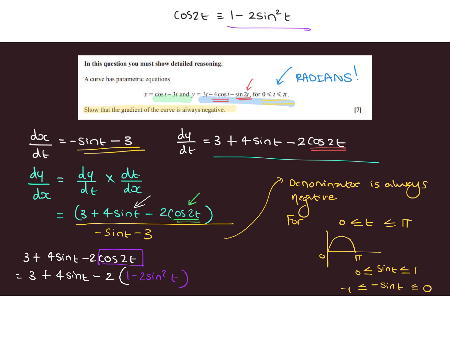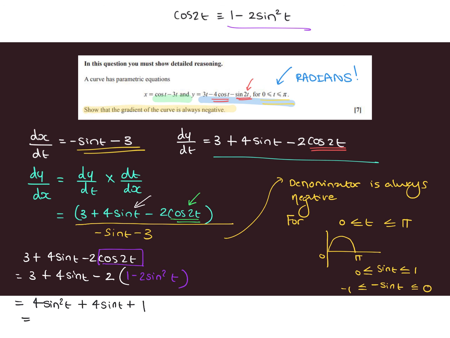And then I'm going to expand and simplify all of this. And when you do the algebra here, you will see that you end up with 4 sine squared t plus 4 sine t plus 1,